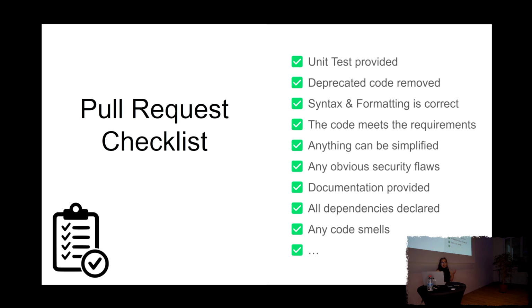So first of all, I should make sure that there are unit tests provided, the changed code passes all the tests, integration tests, and doesn't break any of the existing tests. I should make sure that there is documentation provided. I should make sure that the style and the format of that code aligns with the style and the format of the overall project. And there are many tools that can help me in that. So this can be automated. For example, for Python, there is Pylint, there is Flake8, there is Black. There are other tools for the other programming languages.